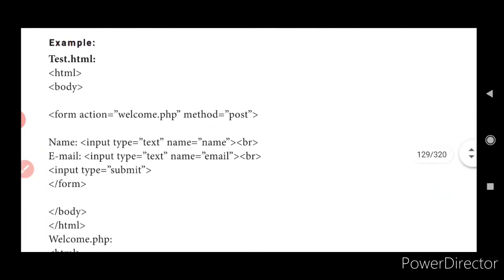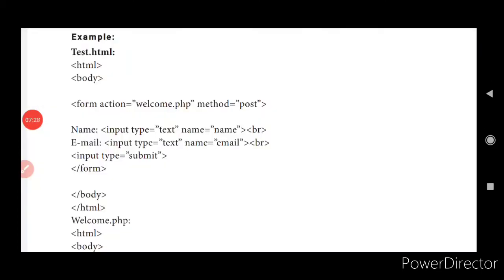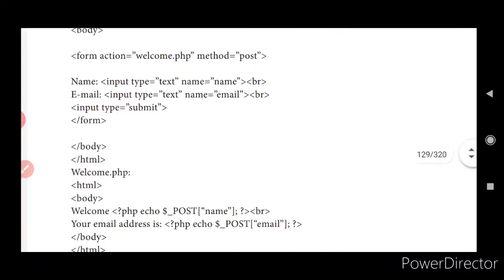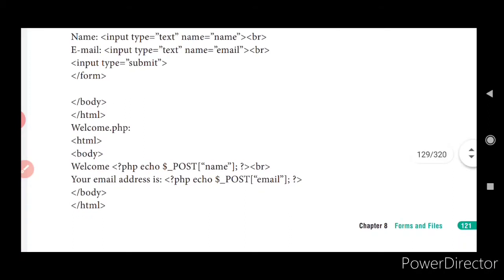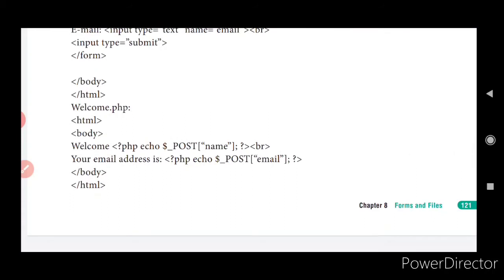Let us see an example now. As we know, the post method is going to be your request, isn't it? What do you have in that? You're just going to have a form action. On it you're going to have welcome.php. It will move on to that file. And what is it going to be? It is going to be a request. What should be there? Your name. Name is going to be an input type text. Text means text box. Fine. And email. Email is also going to be an input, so that is also going to be a text box. Input type submit. Submit is a button. Fine. That's it. Now what happens? You have welcome.php, which is going to be your HTML file which is going to be imported. Then what do you have?